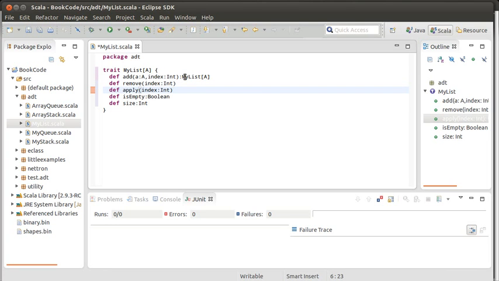So there's a nice distinction between whether your list is mutable, in which case then add and remove can actually just alter the existing list, or whether it's immutable, in which case they need to leave the existing list intact and return a new list. So we could implement one of these with an array. We'll talk about that some in the next video. And then we'll talk about the nature of a linked list and look at how we can implement one of these with a linked list and see how a linked list is different from an array as far as how it's